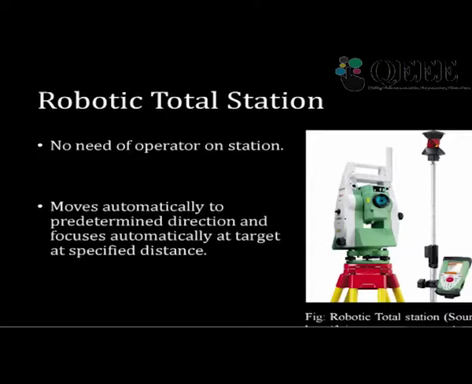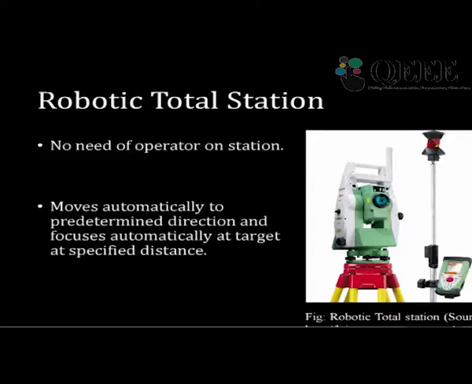Only one person is required, and that person is sufficient to stand near the target, and from there he will control the movement of the total station: how long it should keep on searching for the target and which direction it should move horizontally. Everything can be controlled by the person who is at the target. The only requirement is that the person should stand near the target, and from there he can operate. That is how the robotic total station works. So it reduces the